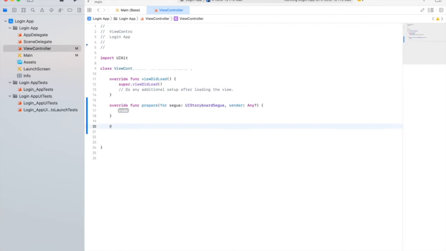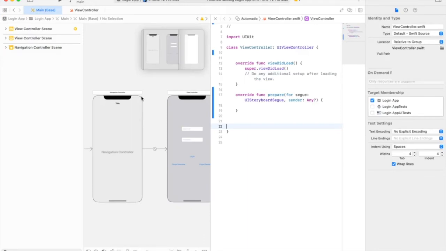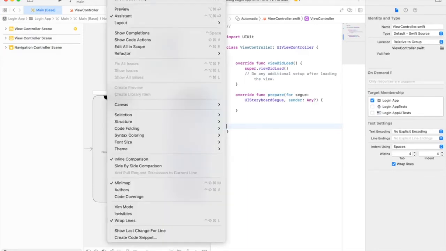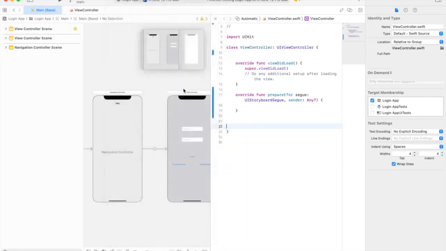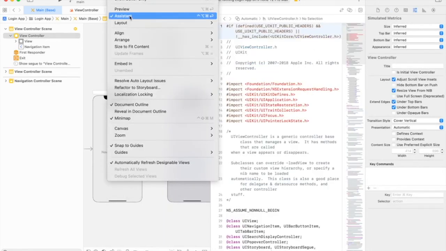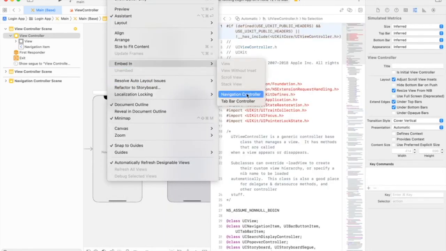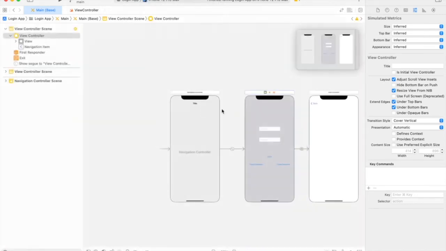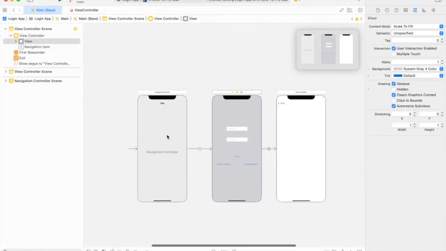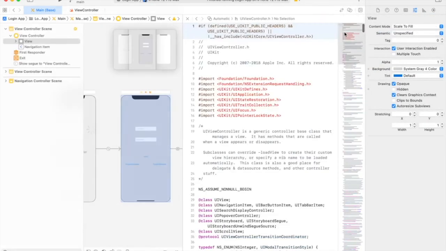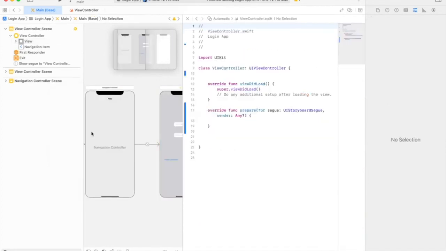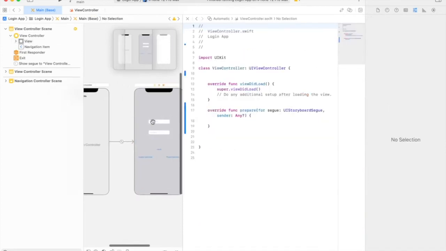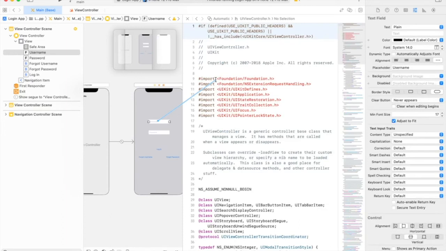Now let's do an IBOutlet. What I did was I went over to the editor and then clicked embed in a navigation controller. Now, since we embedded our navigation controller in here, let's open our assistant and create an outlet. Hold control and